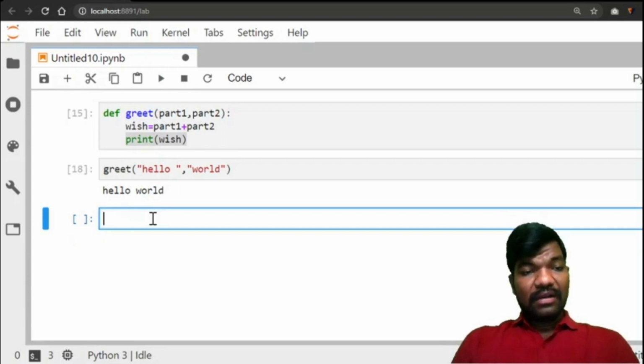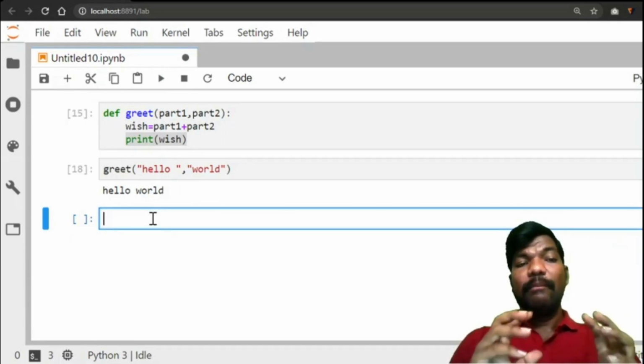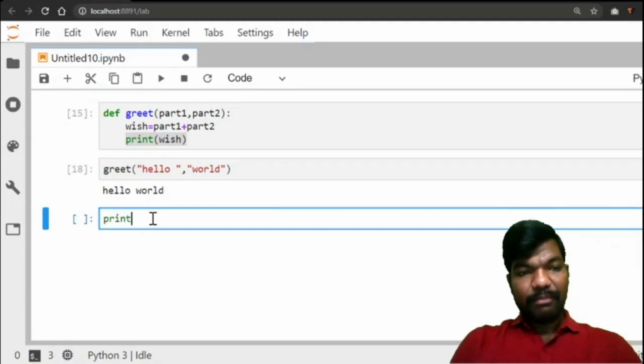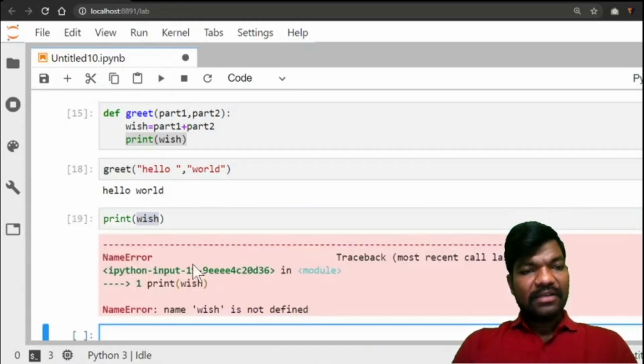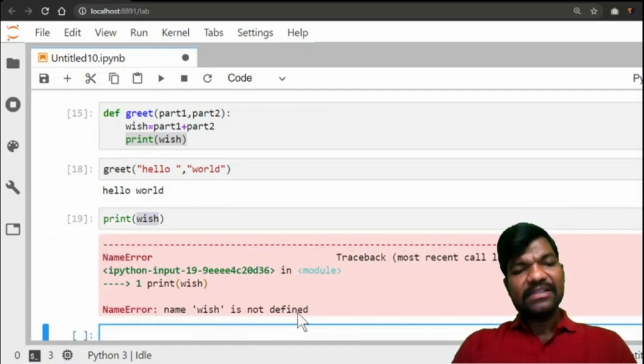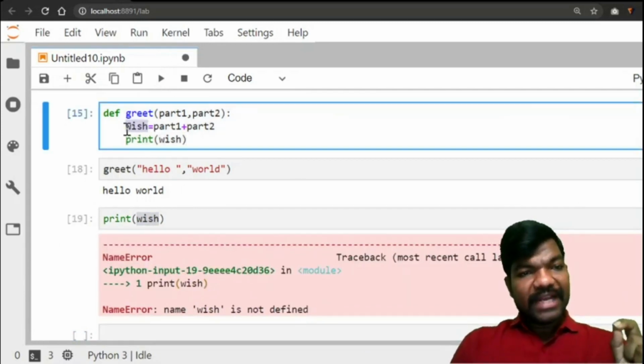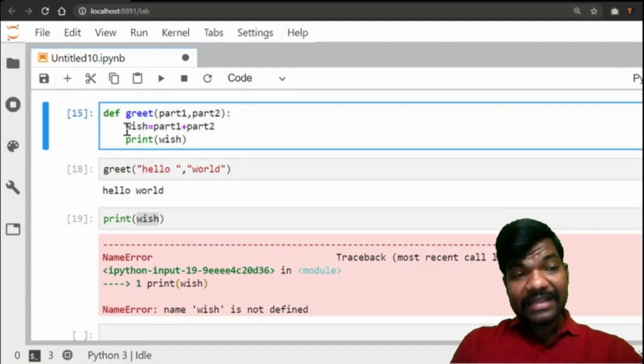Right? Now without calling the function, print the wish. Print of wish. Wish is a variable, and I am printing the wish variable. You will get the error name wish is not defined, because this wish variable is inside the function.